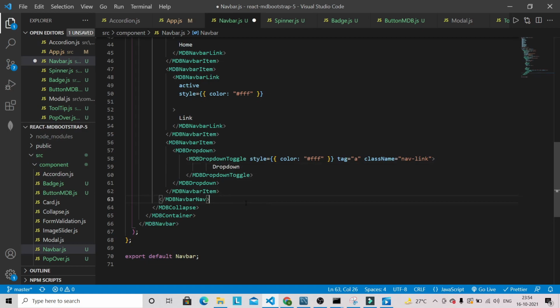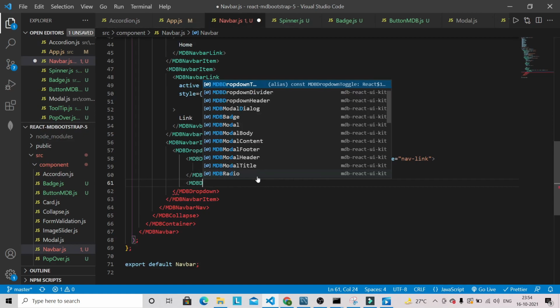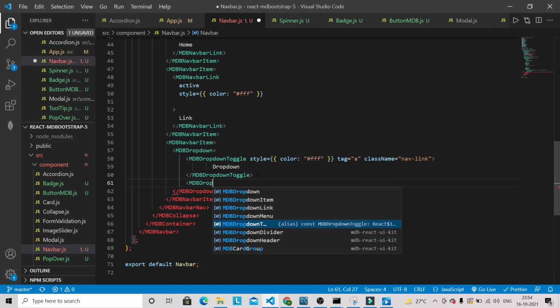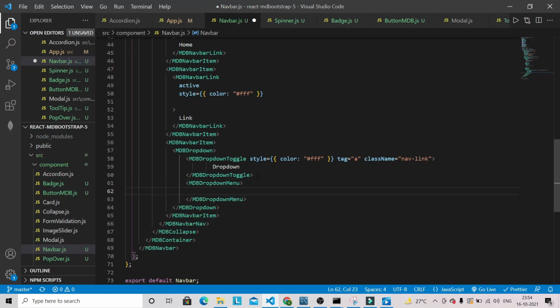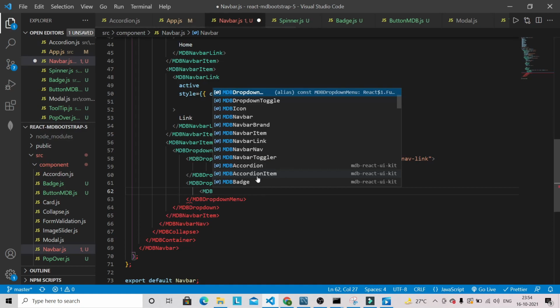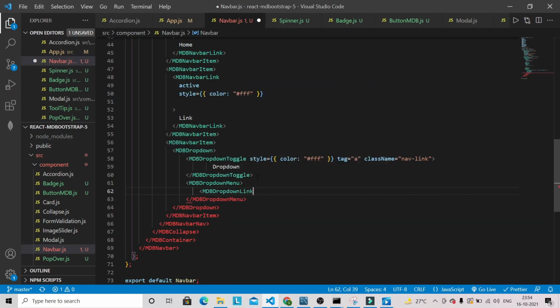Now inside this dropdown we're going to have some menu, so we can define MDB dropdown menu. Then we're going to have an MDB dropdown link, which will have a link like action 1.